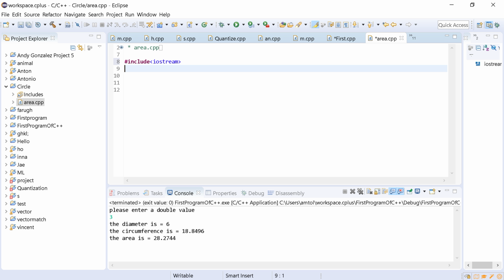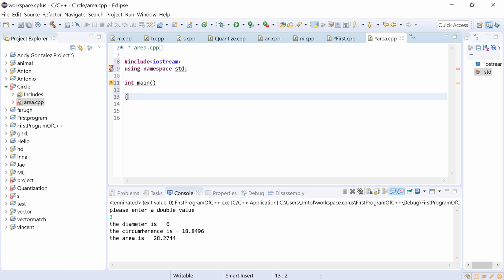And then using namespace std, we want to inform the compiler that we want to write a standard program. Don't worry about errors like this, because you should finish your program and then look for the errors. Then we start with the main function, int main,